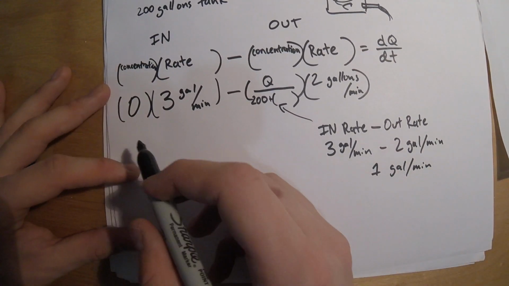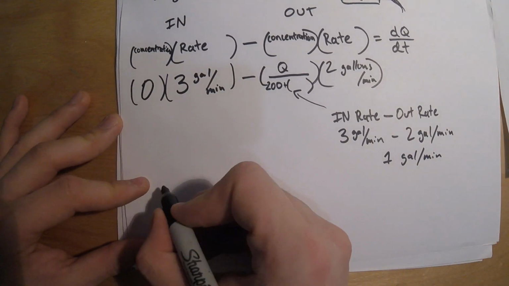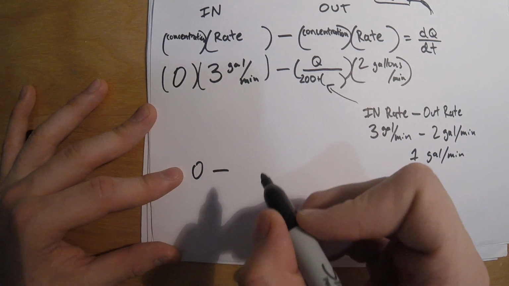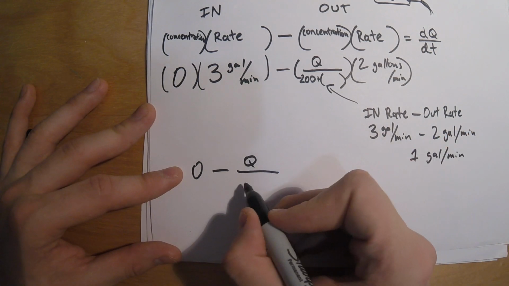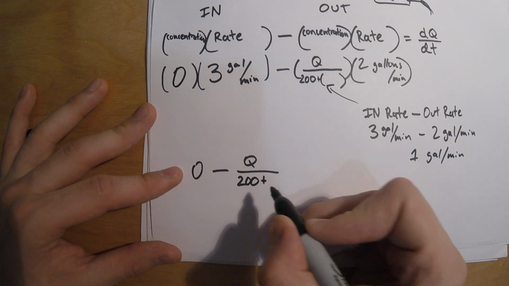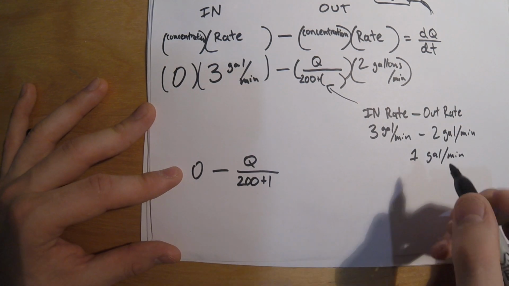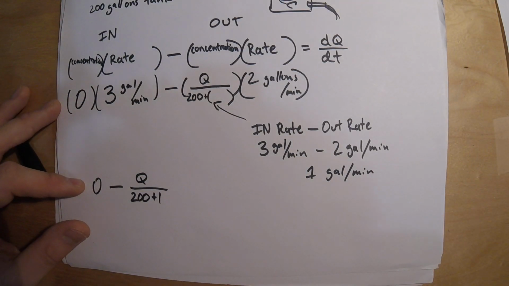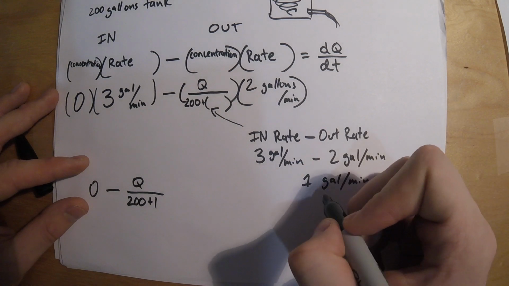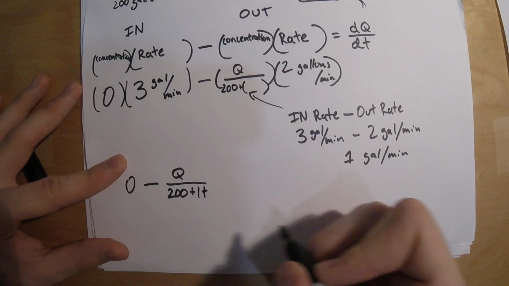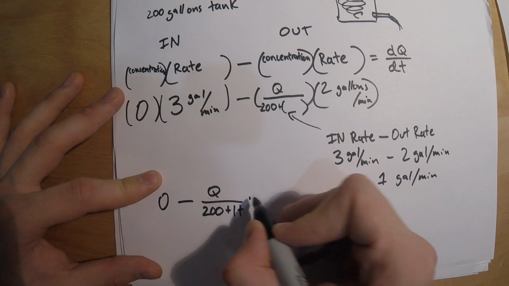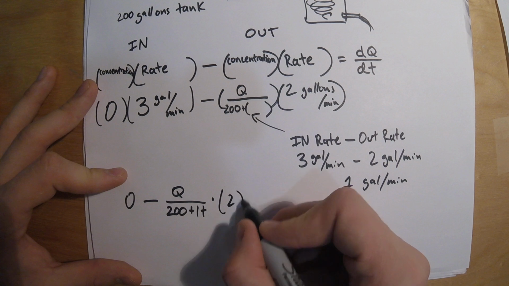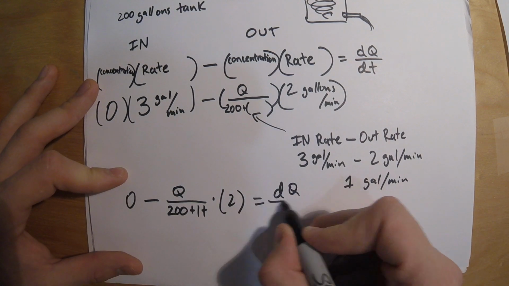Okay, so if we rewrite this, we're going to get 0, right? 0 times 3 is just 0. We're going to have minus Q over 200 plus 1, and remember, T for time, right? Because our variable is going to be T, because T is minutes. Okay, so we have 1T, times the rate of the water coming out, so it's just going to be times 2 equals dQ